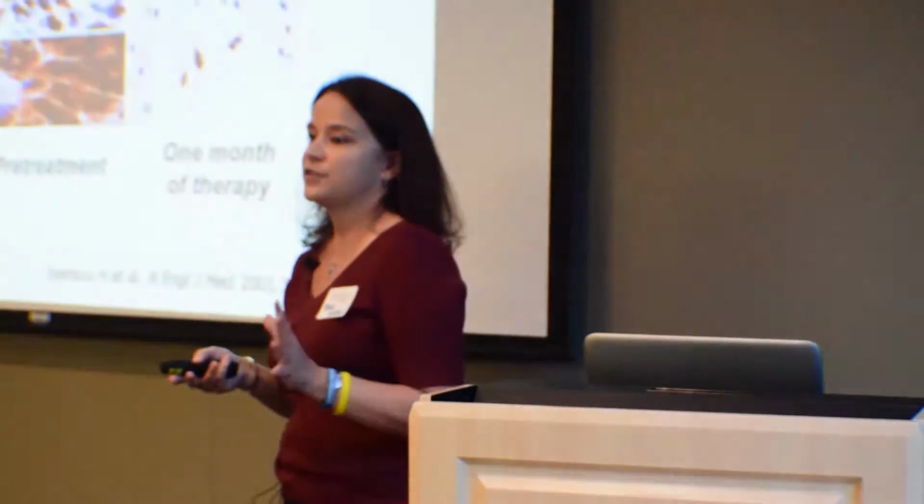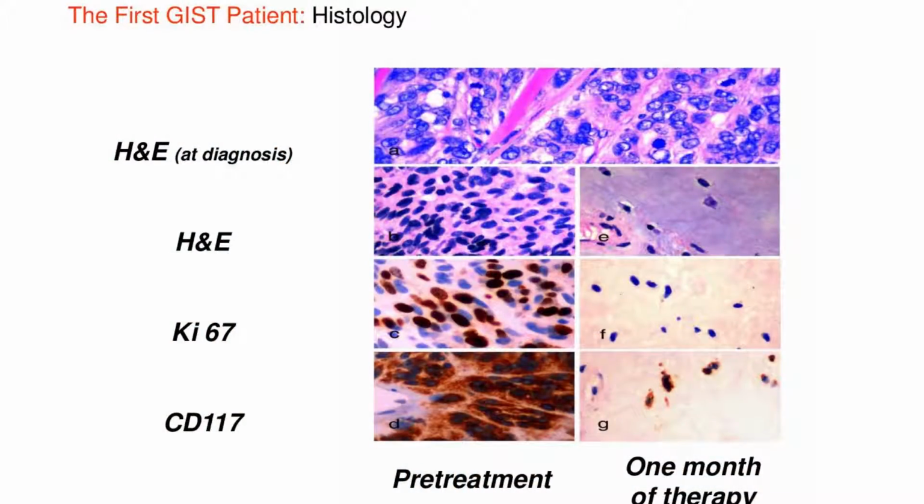So let's assume, though, for the sake of our talk right now, that you do have a KIT mutation, the most common kind, and you're going on Gleevec. Back in the early 2000s, these were the first patients treated with Gleevec to try to control GIST